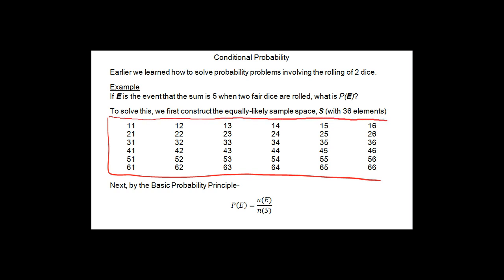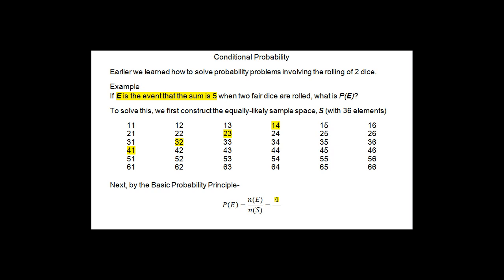We've done this many times for a total of 36 possibilities, and they're all equally likely. Then we apply the basic probability principle. The basic probability principle says that the probability of an event E is the number of ways E can occur over the number of elements in the sample space. Now to find the numerator, the number of ways that E can occur, we simply look at the equally likely sample space, those 36 possibilities,